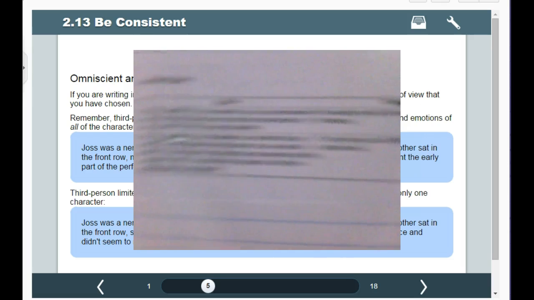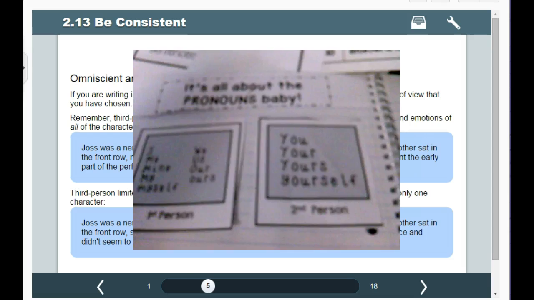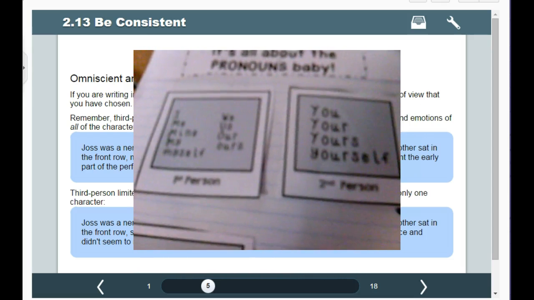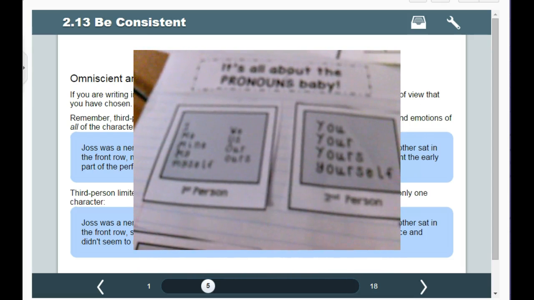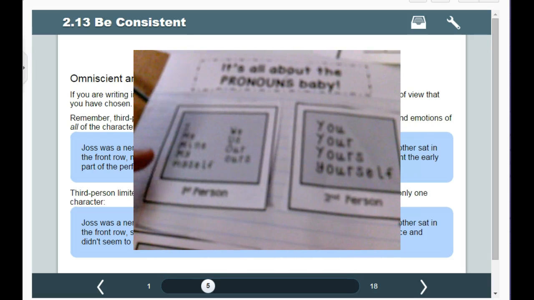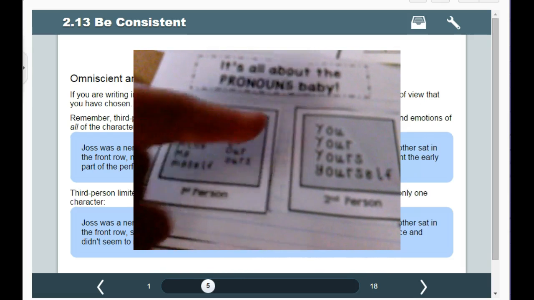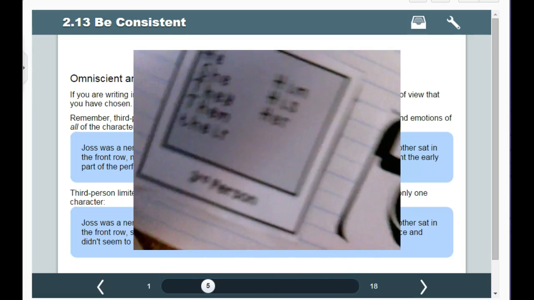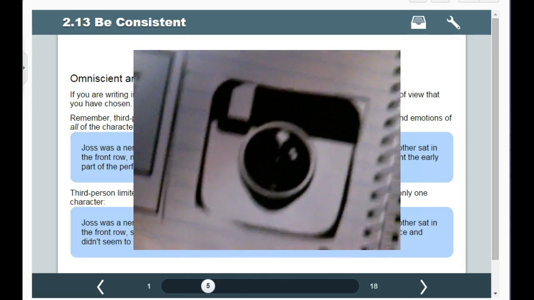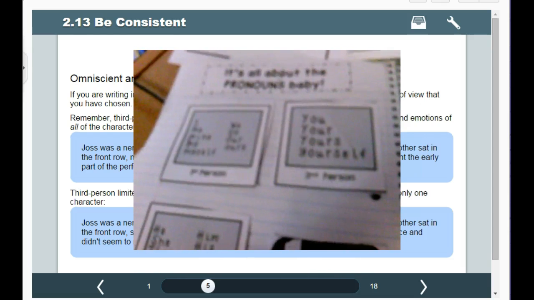There's a second piece to this. It's all about the pronouns, baby. How do you know what point of view something's written in? If you're taking a lesson check and it asks you what point of view is something written in, or if you're writing and you want to know if you're being consistent like you're supposed to be, it's all about the pronouns, baby. If you're in first person, you're going to be using these types of pronouns to replace your nouns. Second person is going to be you, yours. And third person is going to be talking more he, she, it, them, they, their. So this is the first tool that I have for you today